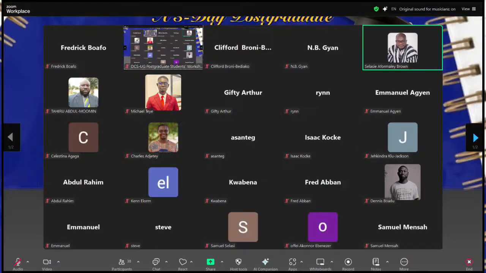The organizers have done an awesome job. I mean, bringing together intellectuals from all over the world, let me put it that way, to have this successful workshop. I'm hoping that in the future, this can actually transform into a conference where a lot of papers may be presented from other universities. We'll also have the opportunity to present some papers